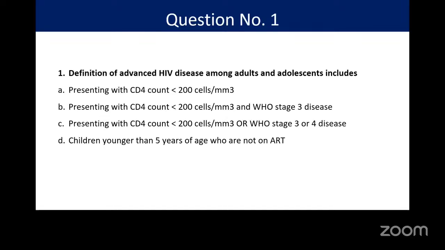The second question is, what is the most common OI in HIV in India? Options are PCP, TB, toxoplasmosis, gastrointestinal OIs. Question number 3 is, which of the following is not included in the package of advanced HIV disease management? First option is systematic screening for CRAG, fluconazole preemptive therapy for CRAG positive people without evidence of meningitis, rapid ART initiation, reimbursement of travel expenses case to case basis, and adherence counseling. You need to select which is not included in these 4 options.